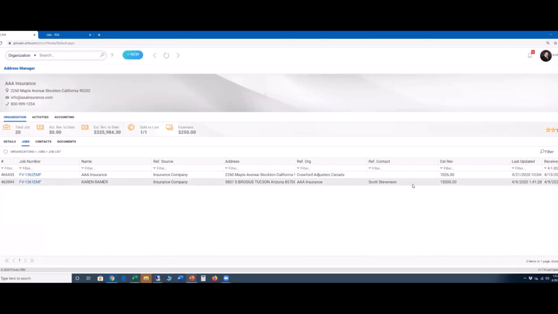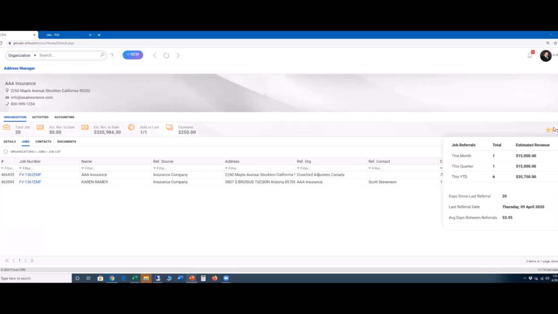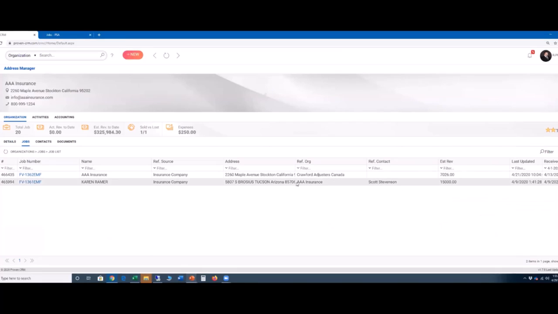And I can see that even though the statistic shows me that they have 2 jobs in the list, only one of them were they listed as the referrer. The other one they were just associated to in the system. So these statistics allow us to, in real time, start to measure what kind of volume we're getting from these